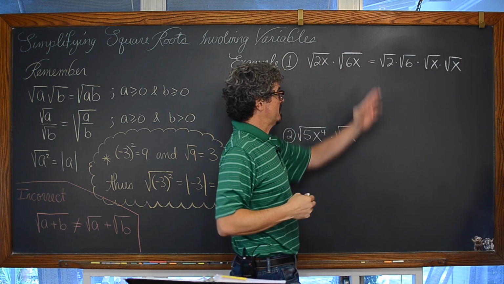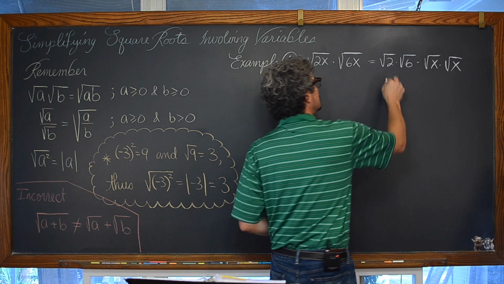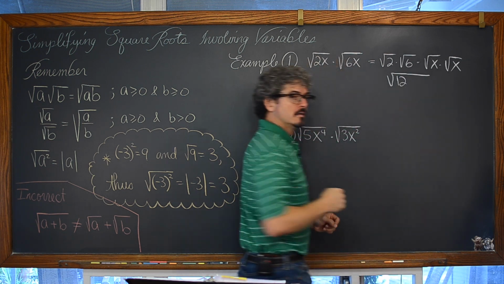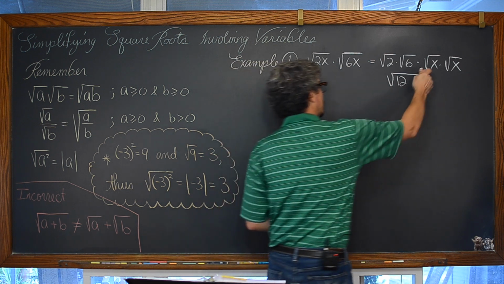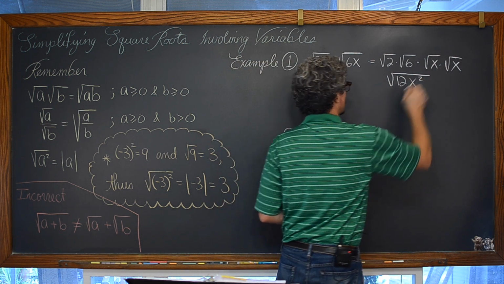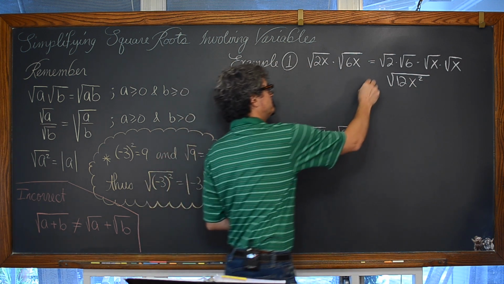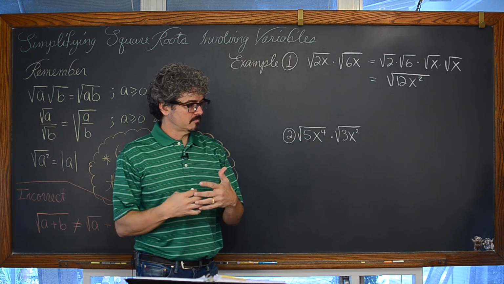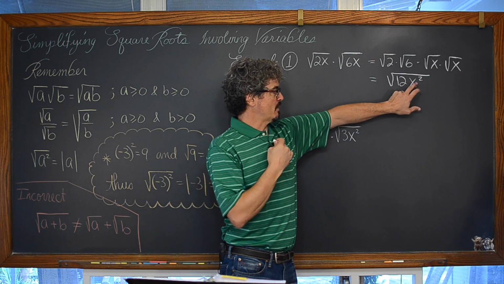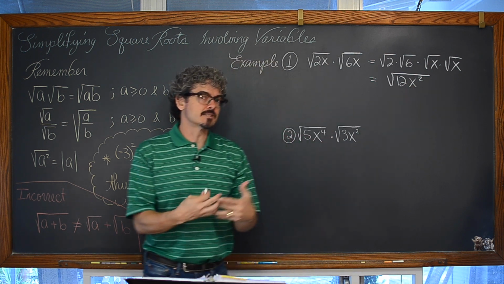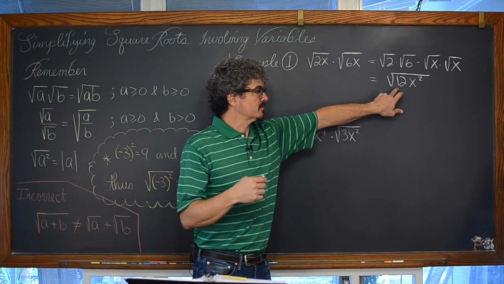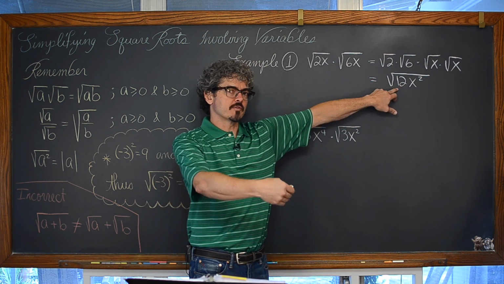Now that comes out to be 2 times 6, which is 12, times, and I'm just going to extend that square root symbol, x times x, which is x squared. Now, this is not our final form of this answer because we have some perfect squares inside our square root. Thus, this expression can be simplified. We have a factor of 12, which is a perfect square.